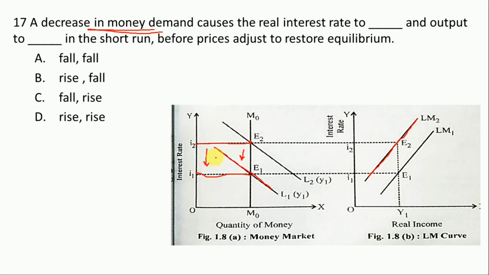As the rate of interest declines, now देखो यहाँ पे क्या, रेट ऑफ इंटरेस्ट will fall. तो यहाँ पे फॉल तो होगा डेफिनेटली. And the output too, आउटपुट क्या होगा ये देखते हैं. आउटपुट हमारा बढ़ेगा because as the government reduces the rate of interest, what will happen? The investment will increase, aggregate demand, consumption, employment level will increase, and as a result of that, output will rise in the short run before the prices adjust to restore equilibrium. ठीक है. So the correct answer is C.